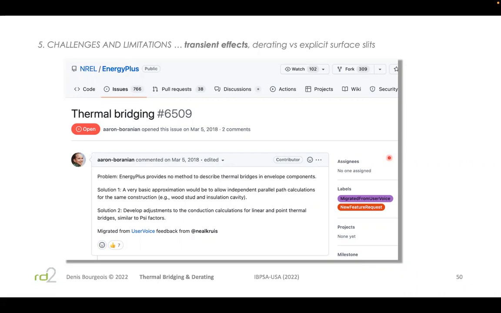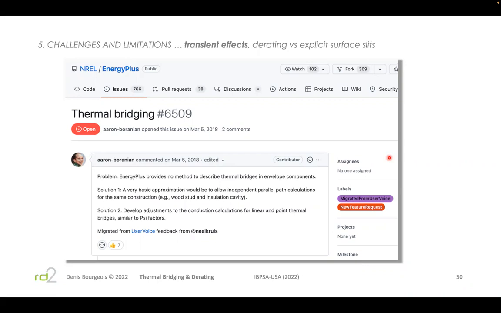apart from that second approach that is described in ASHRAE, where you leave the clear field description multi-layered assembly alone, but you add a sliver of a wall that represents all the thermal bridging. Let's say that's mainly concrete and steel. That may have a transient response which is significantly different from the very thick, heavy main assembly, with a lot of thermal inertia, thermal lag. And there would be no point in trying to derate the major assembly with the thermal bridging. Might as well have this into two separate